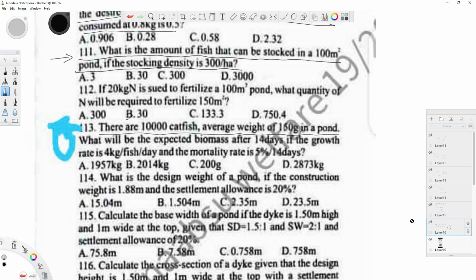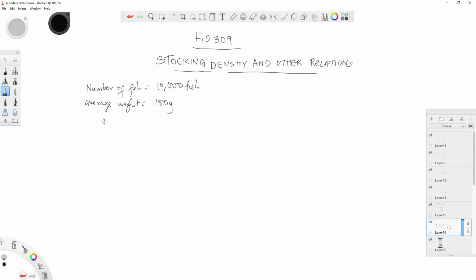What will be the expected biomass after 15 days? Now we want to know the weight, the expected mass of all of them in that pond after 14 days, if the growth rate is 4 kg per fish per day. Okay, expected biomass. Let's quickly pen that down. What will be the expected biomass